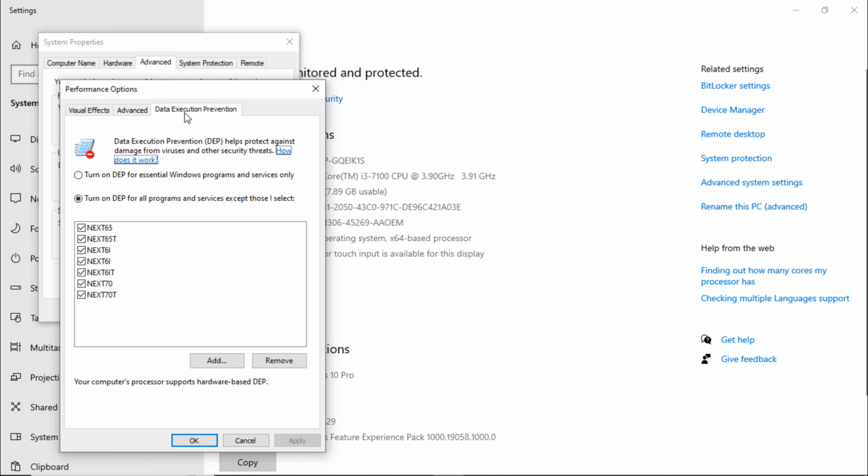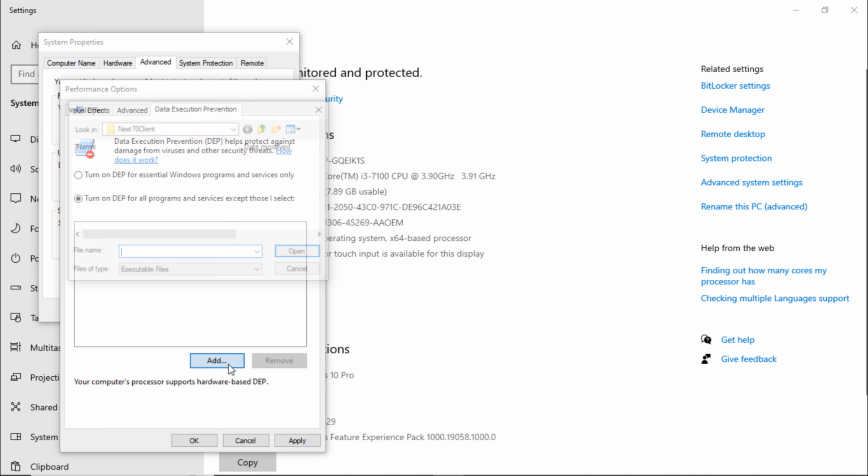Here you can see I have already edited it. Let's remove it and add again. Just click on it, it's removed. Now when it's not added, you will see that it's blank. Let's add it. Click on it